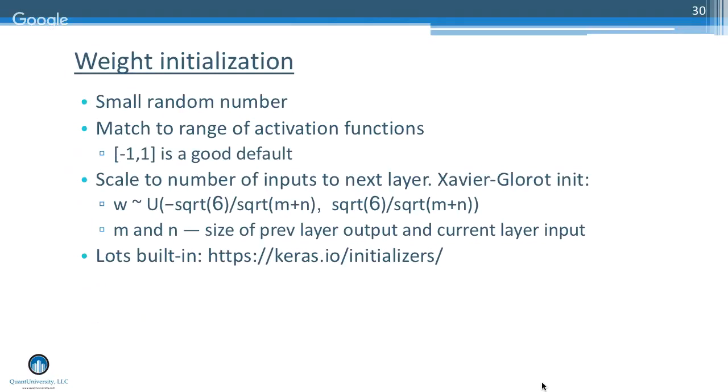There's this Xavier-Glorot initialization that tends to work better than just -1 to 1 in that it scales to how big your layers are. If you think about it, if I'm going to feed stuff into a ReLU activation function, the input should be somewhere close to 0, maybe a little bit positive, maybe a little bit negative, depending on what's going on. If I feed in lots and lots of numbers that are big, you're probably going to end up far away from 0. So this is a heuristic they came up with for reducing the weight range if there are more and more units.